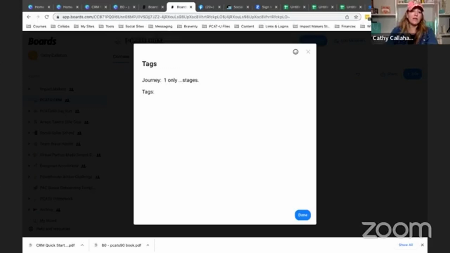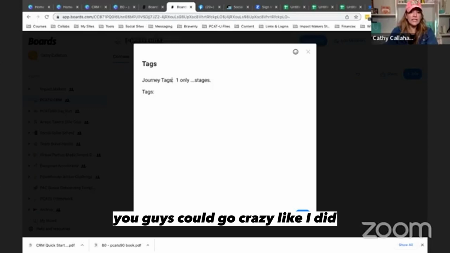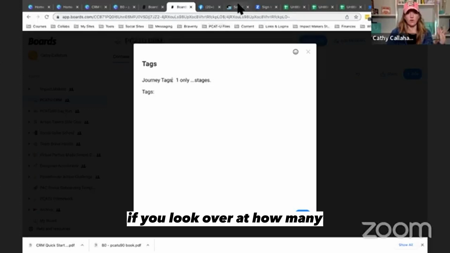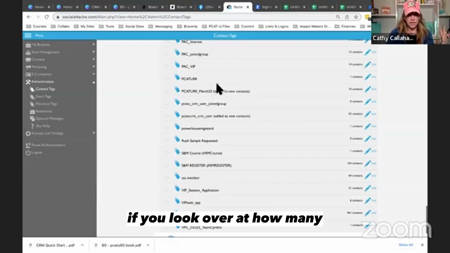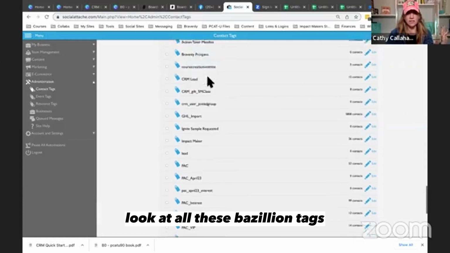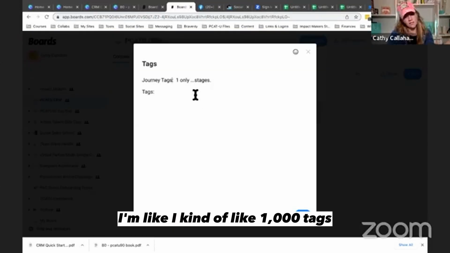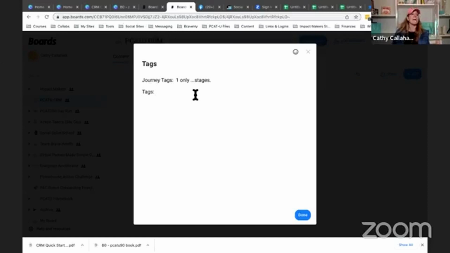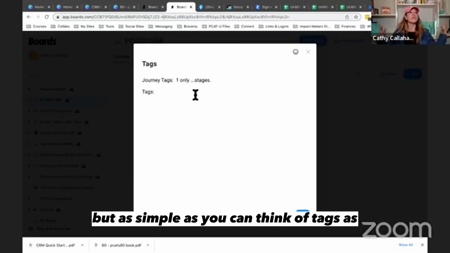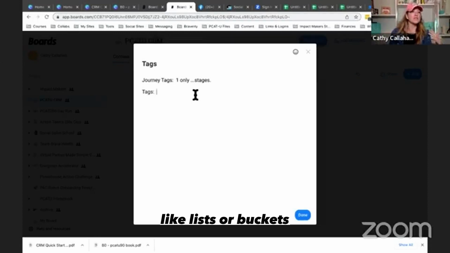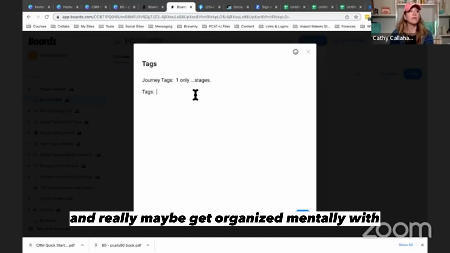Okay. Journey tags. Then the problem is you guys could go crazy like I did. If you look over at how many, look at all these bazillion tags. And Dominique's like, you really don't want 1,000 tags. I'm like, I kind of like 1,000 tags. But as simple as you can think of tags as like lists or buckets, and really maybe get organized mentally